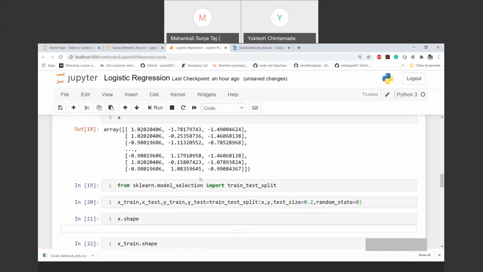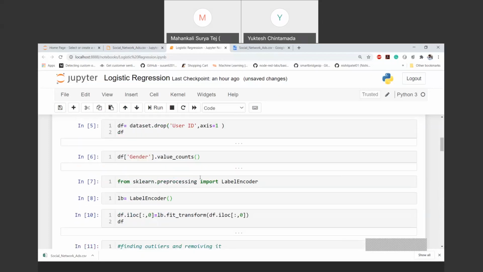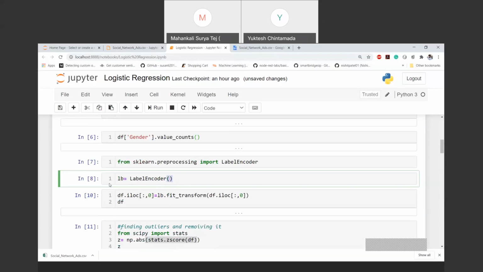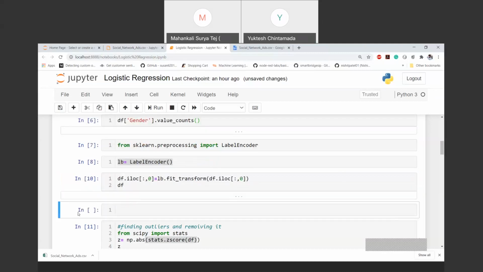Guys, label encoding is nothing but, here we just have to create an object for the label encoder, and provide the categorical column. If you remember, our categorical column is gender. To get the gender column we can use df.iloc, or we can use it in a simple way like df['gender']. I'll just write it in comments. We can also use it like this for applying it on your label encoder, df['gender']